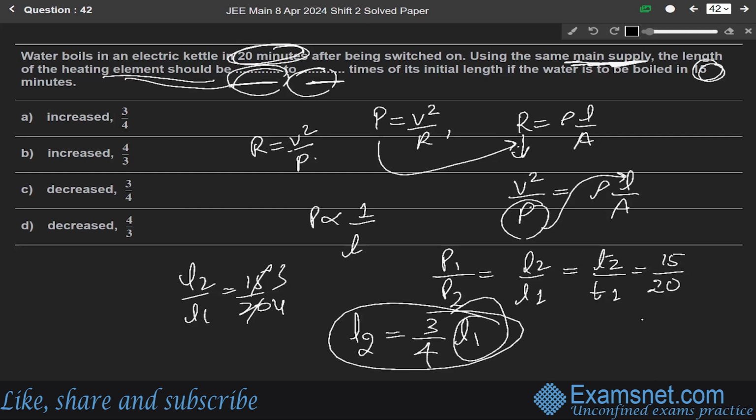Okay, so option 3 means it should be decreased by 3 by 4th of the initial length. Okay,